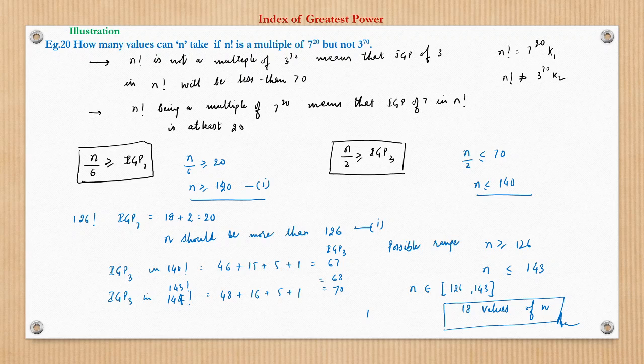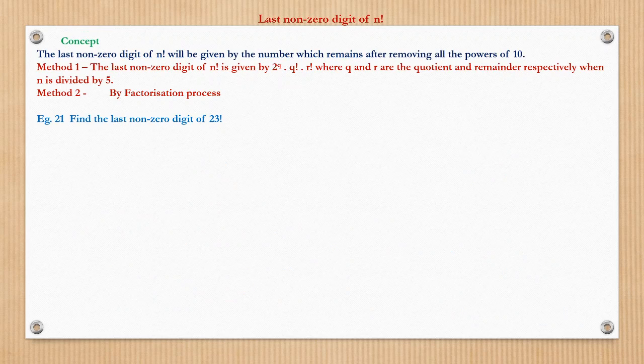So I hope the process, approach, and understanding were fine, I mean, how to approach this question. We can enhance the speed anytime with practice, but getting onto the concept is important. If a question of this nature appears in CAT, then this will be really helpful to solve. And it's not going to take more than a minute and a half or two. Less than 2 minutes you can solve this if you have a hang of how to move ahead. So now we will see another important concept, which is last non-zero digit of n.